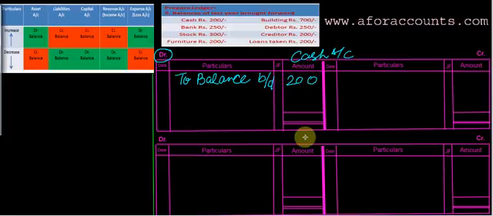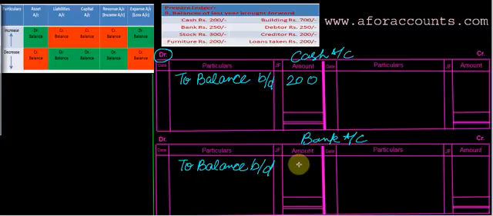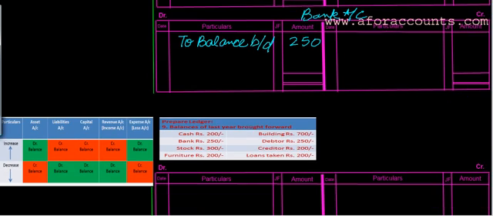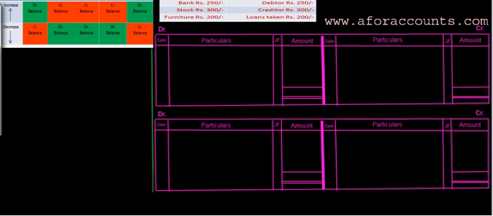Next is a bank account. It also has a debit balance, to balance, brought down, 250. Now what is the next we have? It is stock. Stock also has a debit balance,